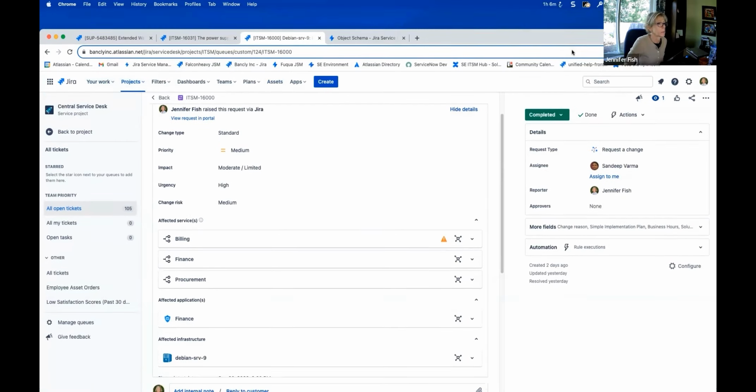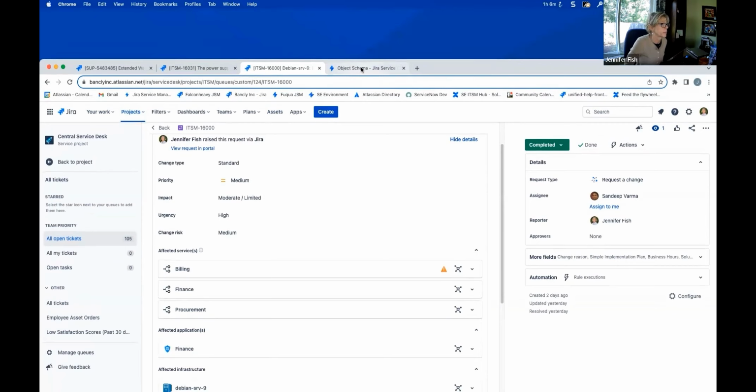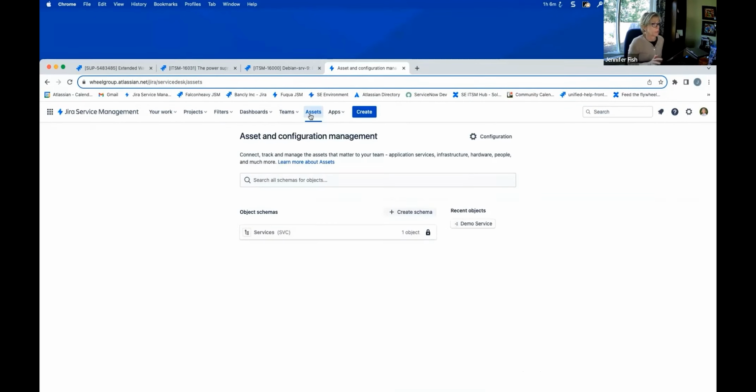So this is my favorite part. Showing how it works is all fun, but I really enjoy building out workflows. I'm switching over to a brand new instance. And I saw a question in the chat about Insight. Last year, this time, Insight was a third-party terrific application. Atlassian has purchased that and it has been rebranded to Assets. It's also been refactored and rebuilt in the platform.